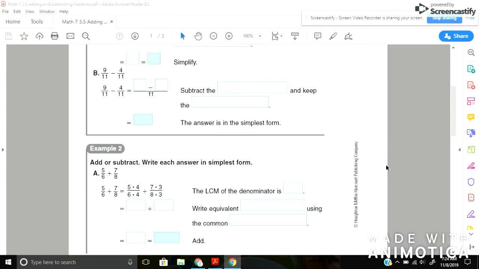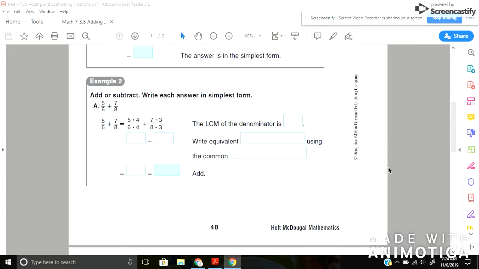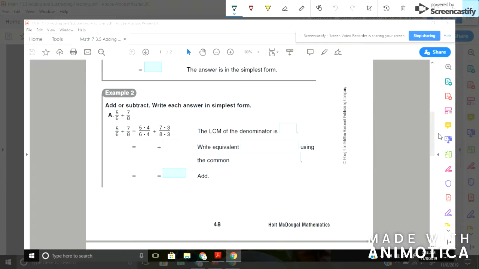All right, let's try an example where our denominators are not like, and we have to make them so that they are like. And what the book is going to tell you to do, and what I would advise you to do as well, is use the LCM. Remember, that stands for the least common multiple. Okay, so we have a denominator of 6 and a denominator of 8. So those are not like, we need to find a like